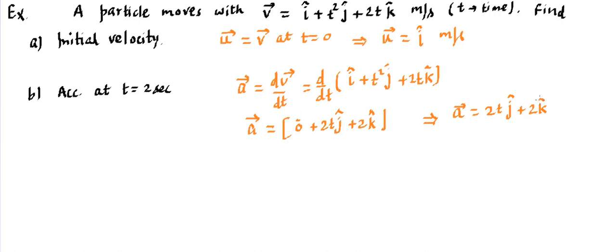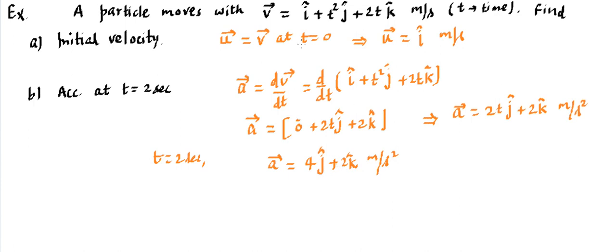From here we can conclude that in x direction there is no acceleration, in y direction there is a variable acceleration, and in z direction a constant acceleration. So basically this becomes our answer for acceleration at any instant of time. But we are interested in finding this acceleration at t equal to 2 seconds. So we place t as 2 and solve to find our numerical answer. That becomes a is equal to 4 j cap plus 2 k cap, in meter per second square. That's our answer. Now if somebody is interested in magnitude, you can find the magnitude out of it.